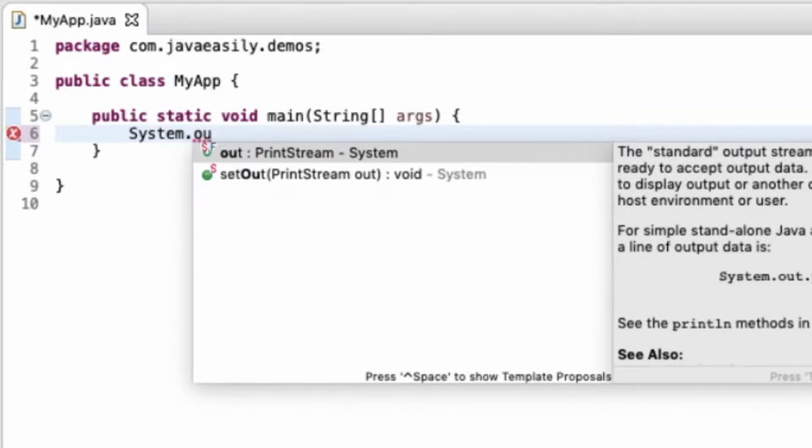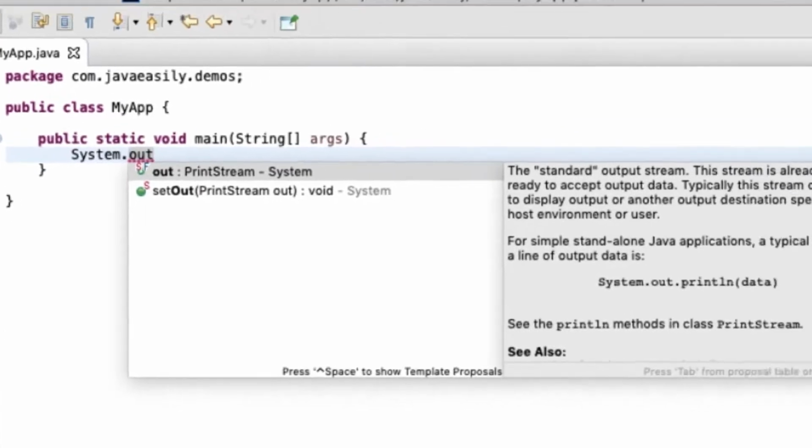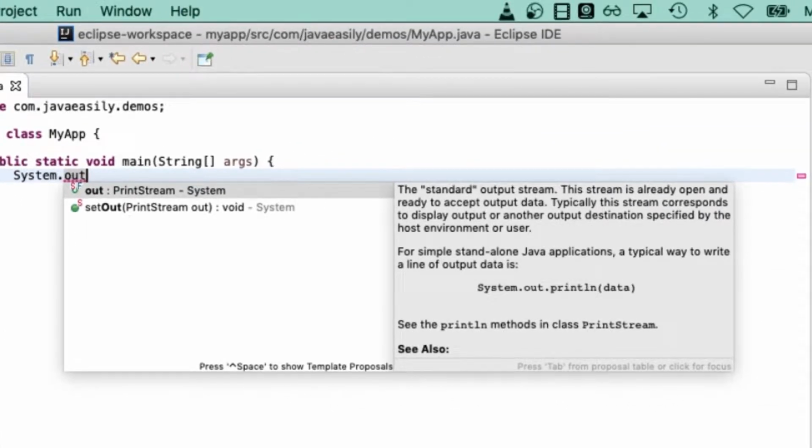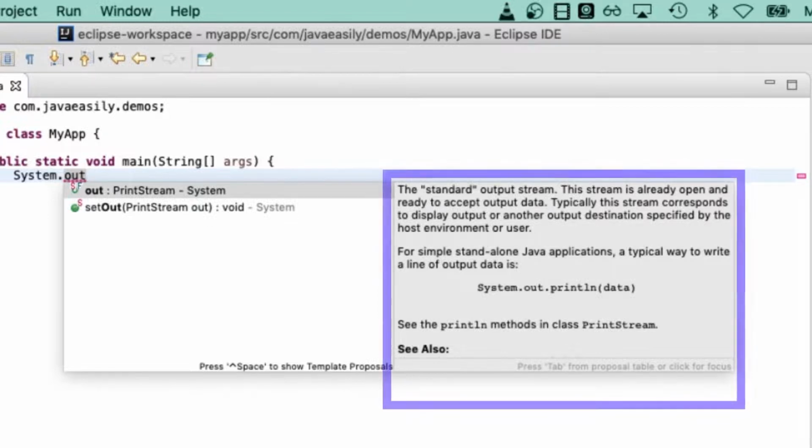I do U next. Now you can see it's got two options it can suggest for me. I want this one. Also, another really nice thing in Eclipse, you'll see on the right hand side of the method and field suggestions, they've got this kind of documentation panel. And this is actually showing you the so-called Javadoc, that's the Java documentation, for this particular field on the system class. So it's really nice that you get this kind of help, specifically when you're starting out as well.